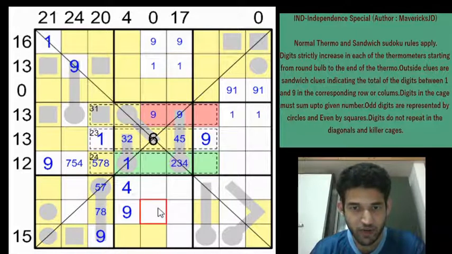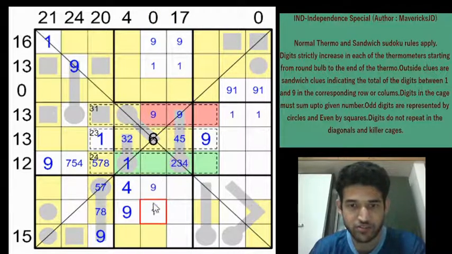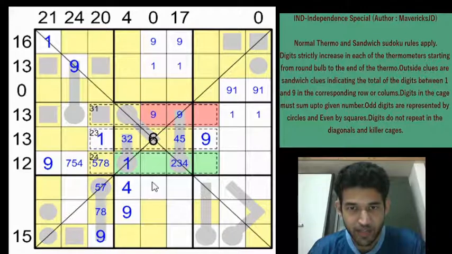Okay, can you have a 1 here in row 8 column 5? Why I am looking at this cell is because we have a 0 total here. So if you have a 1 here, then it means you must have a 9 here. So you can't have a 1 or a 9 here. So we can highlight that as well. So this is not a 1 or a 9. And can we have a 1 here? No, right? Because then this cell must be a 1 or a 9, but both are eliminated. So this is also not a 1 or a 9. And obviously this can't be a 1 or a 9.